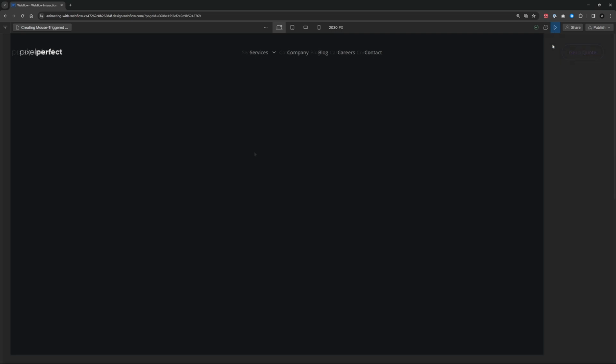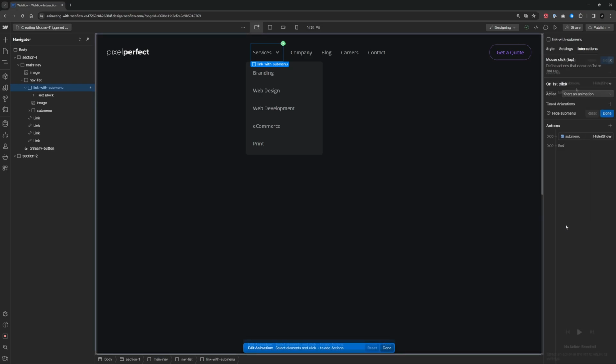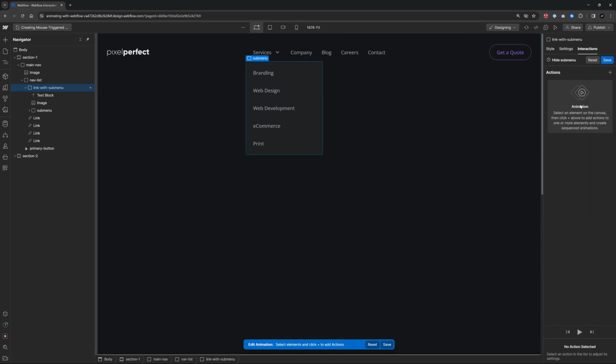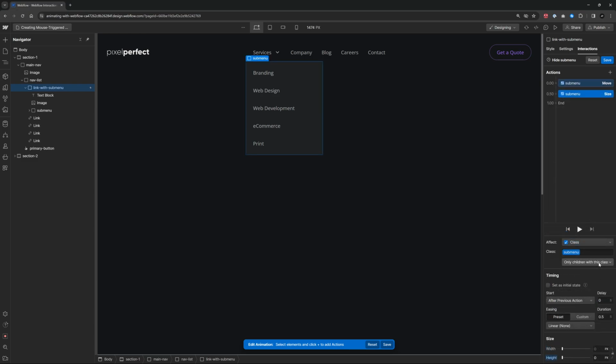Nice. Now, when we click again, this just hides, and we don't want that. So let's tweak the hide submenu animation on the second click. So let's delete this. And instead, what we're going to do is the reverse, basically, of what we did previously. We're going to move it up 24 pixels. We're going to change its height to 0, and we're going to change its opacity